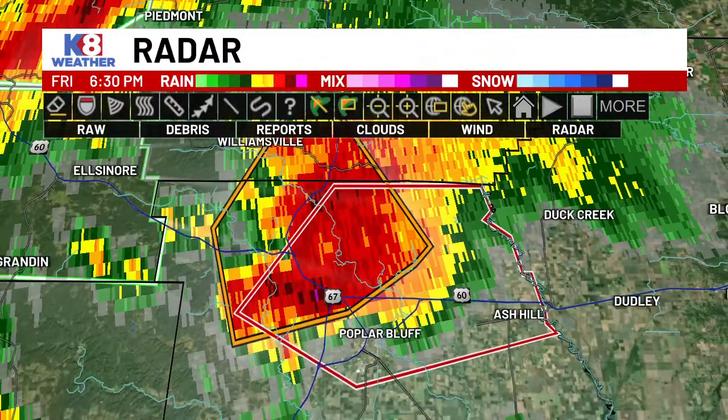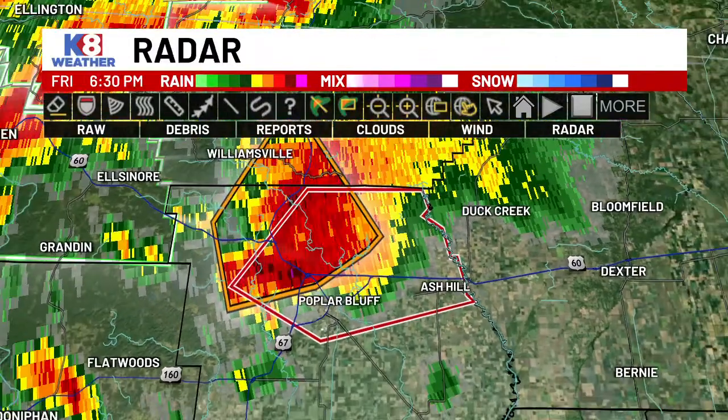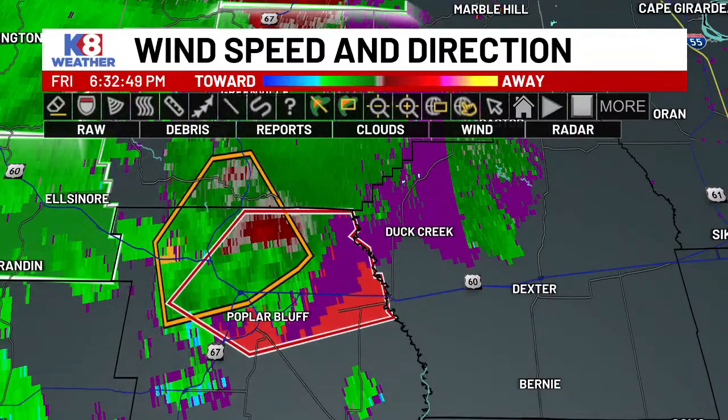We're going to continue to watch this storm as it's continuing to move, albeit slowly, 35 miles an hour to the northeast. I'm going to go ahead and try to put a storm track on this, but as Ryan's mentioned, there are a couple areas of rotation with this. I'm going to go on the one that's farthest to the north, so we can get everybody a little bit of a head start,